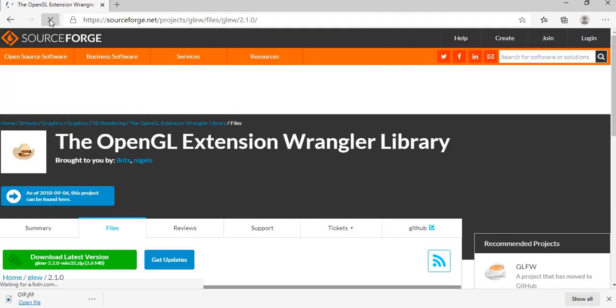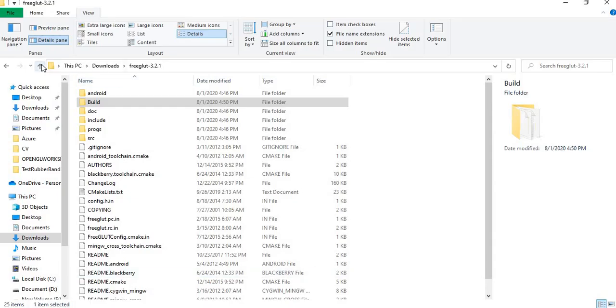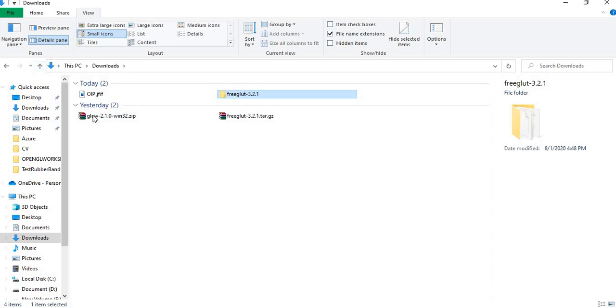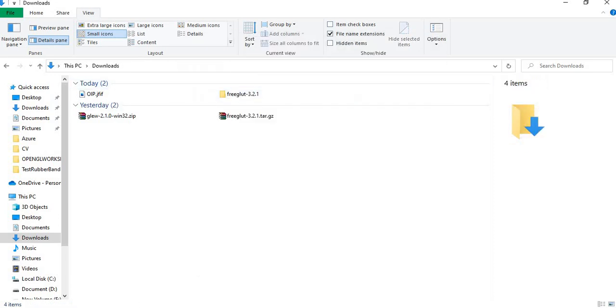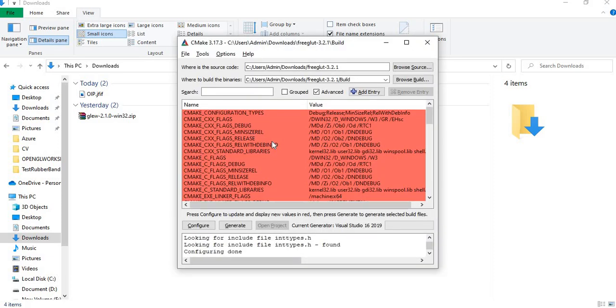In my system it is already downloaded, so you can see it here. You need to unzip it, and the same way we compile FreeGLUT, we have to do for GLEW also.